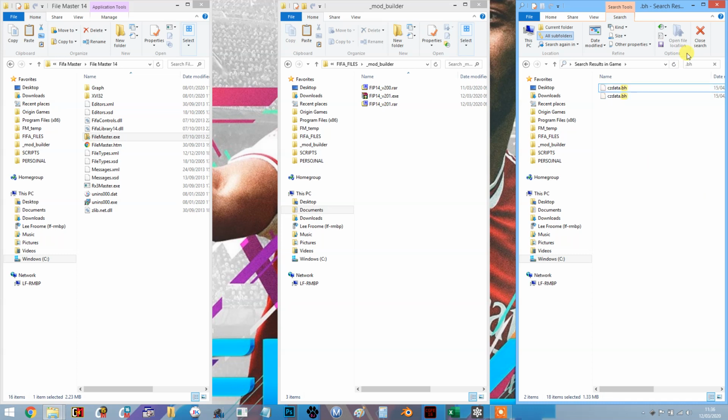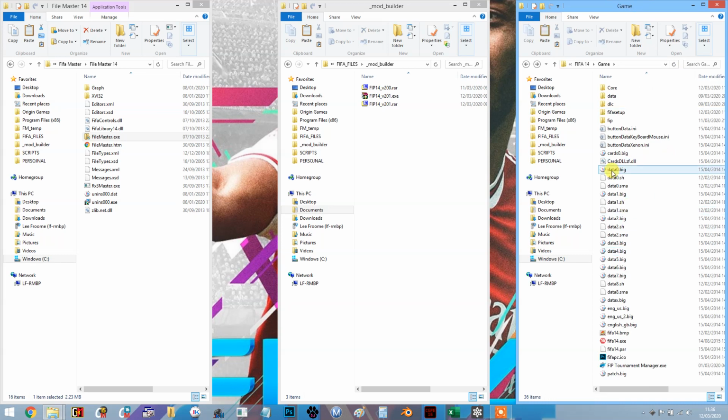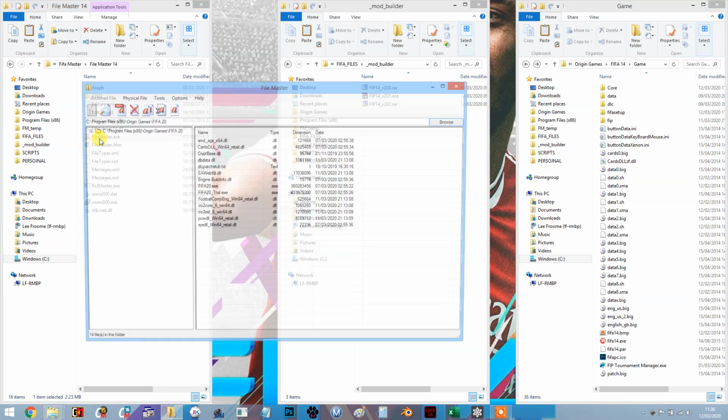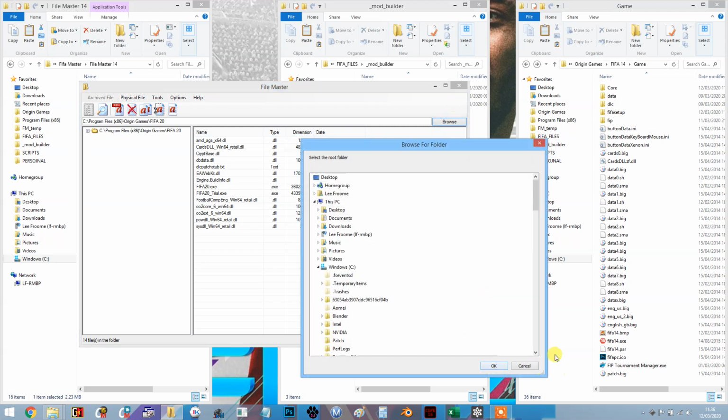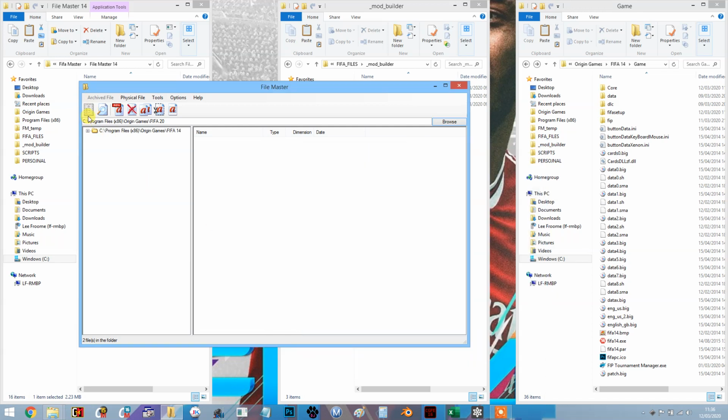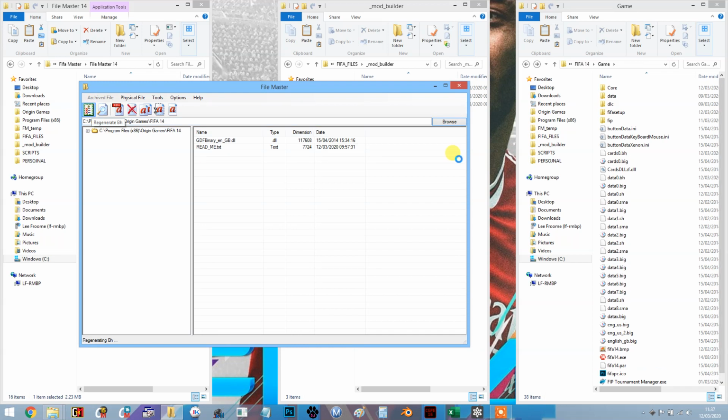The reason I'm doing that, as I've said, is to ensure that when you regenerate with FileMaster, you do get the correct link to the games. Now of course, because there are no BH files, it doesn't know how to link the files, so when you click on the FIFA 14 folder, it will take some time to relink to the game. This is just a worst case scenario. This is what to do if you have a problem with installation. Only do this if you have a problem with the installation, otherwise just carry on. So click on regenerate, and as you'll see here, it starts rebuilding the BH folders